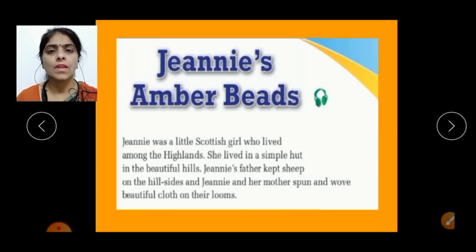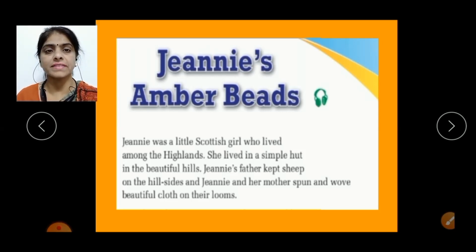existence. So to know about the formation of amber and the existence of the amber beads necklace, let's start reading. Before I start reading, I request you all to open page number 37 and keep a pencil with you to underline the new words. So let's have the reading of the first para.